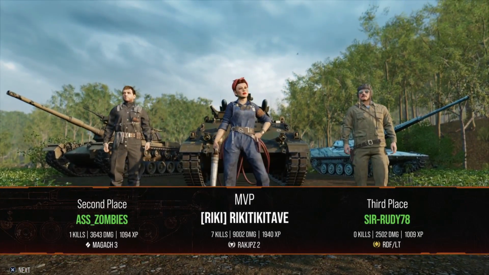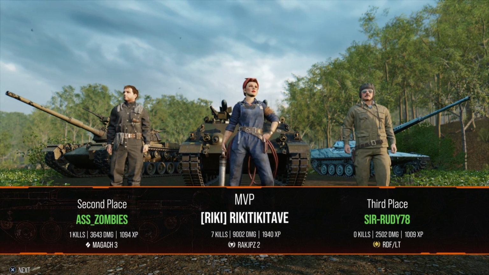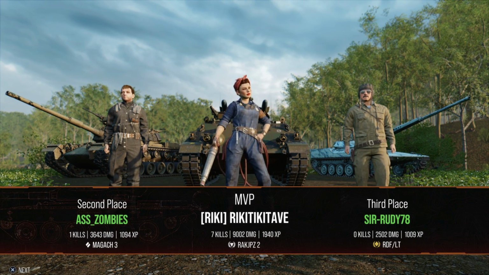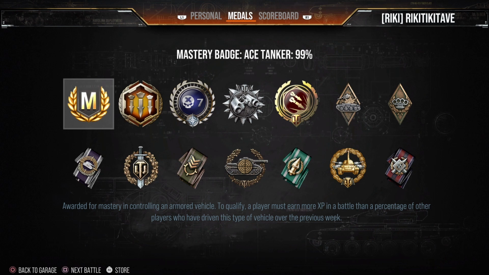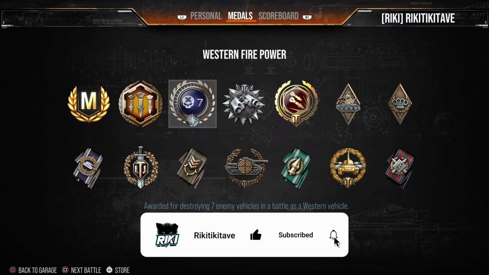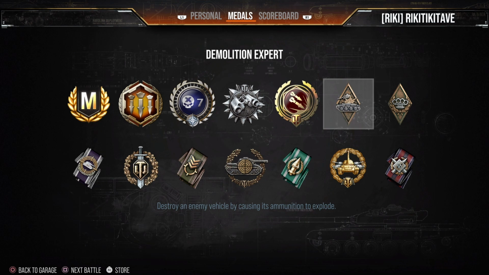7 kills. We're going to take a moment here, ladies and gents. 7 kills, 9,000 damage, 7,245 assist. In a fully unlocked bottom tier tank. Mastery, patrol duty, firepower, high caliber, demolition expert, top gun,